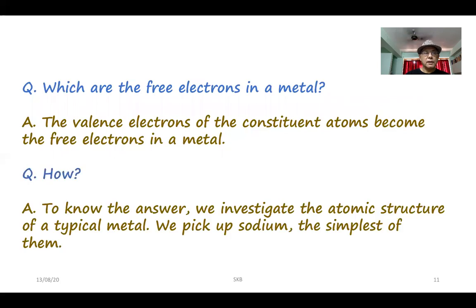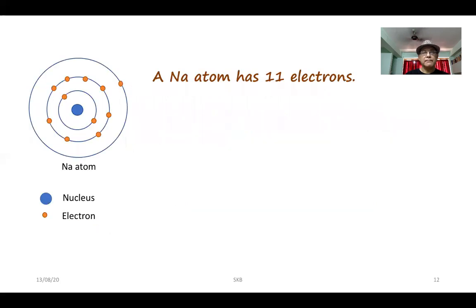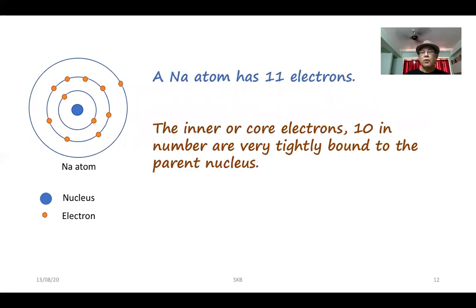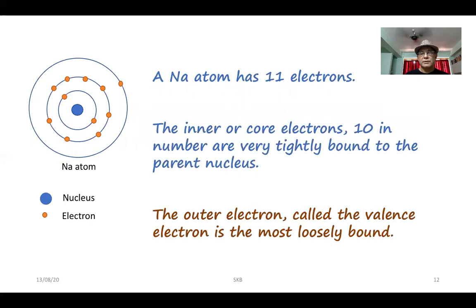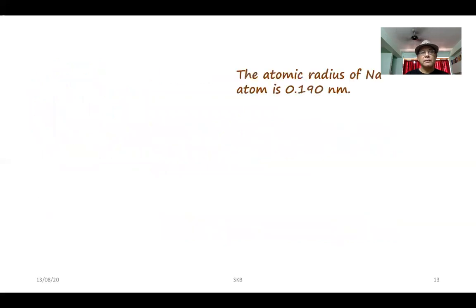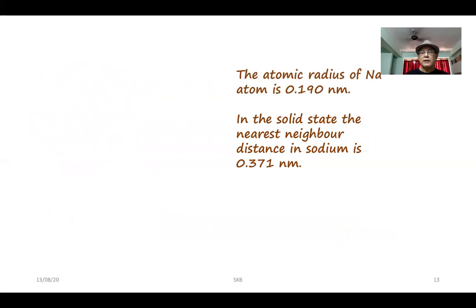How? To know the answer, we investigate the atomic structure of a typical metal. We pick up sodium, the simplest of them. A sodium atom has 11 electrons. The inner or core electrons, 10 in number, are very tightly bound to the parent nucleus. The outer electron, called the valence electron, is the most loosely bound. The atomic radius of sodium atom is 0.190 nanometer. In the solid state, the nearest neighbor distance in sodium is